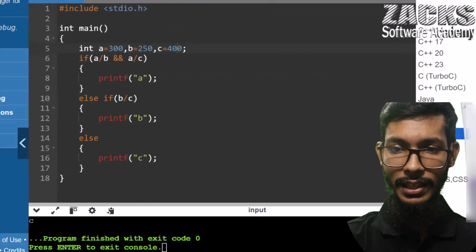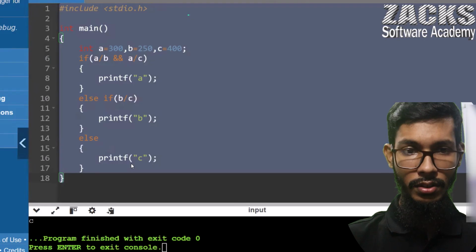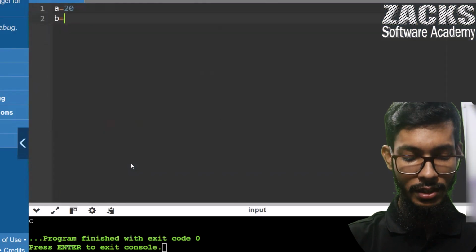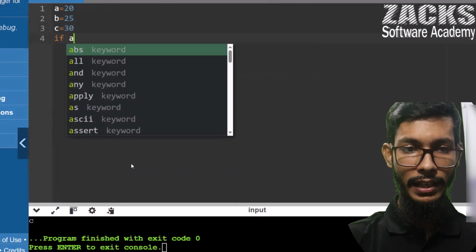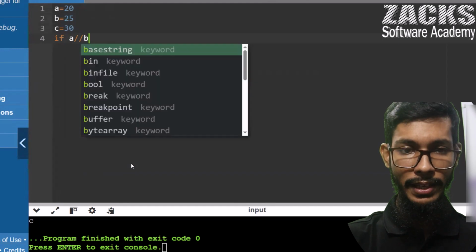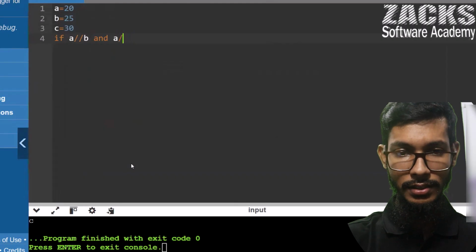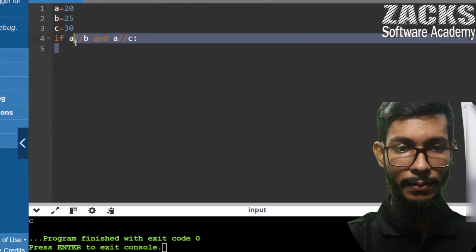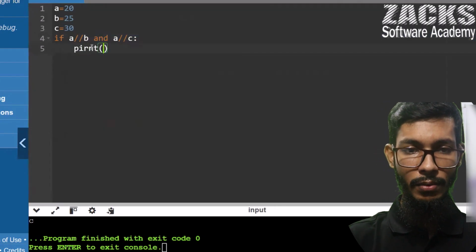So let me select here, for example, Python 3. Let me write the code. A equals 20, B equals 25, and C equals 30. So simple logic: if A division operator B and A double forward slash C, one indentation, some space is required, this indentation is required, then print A is the